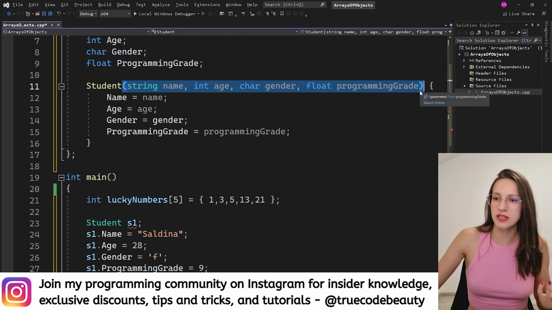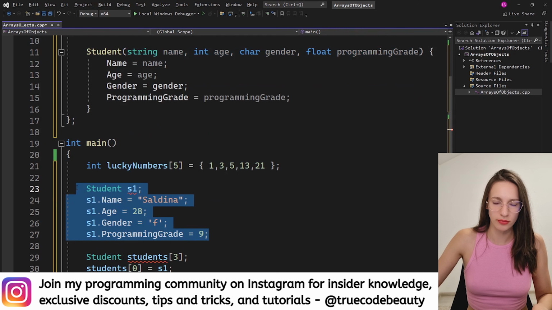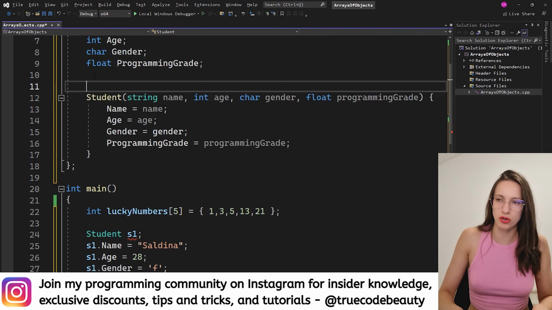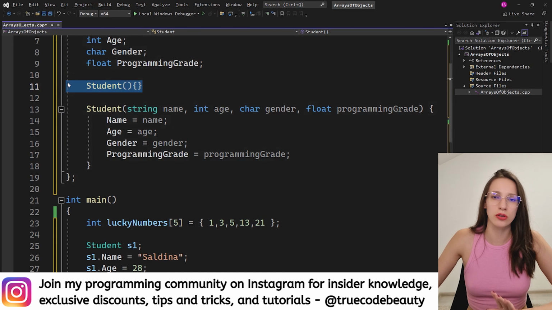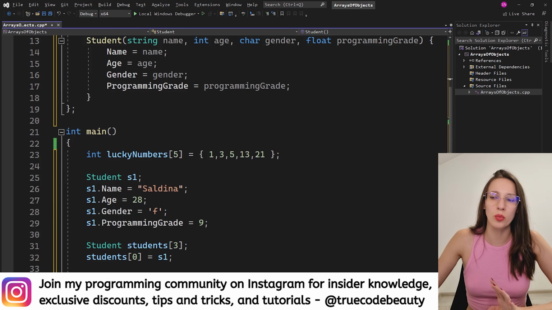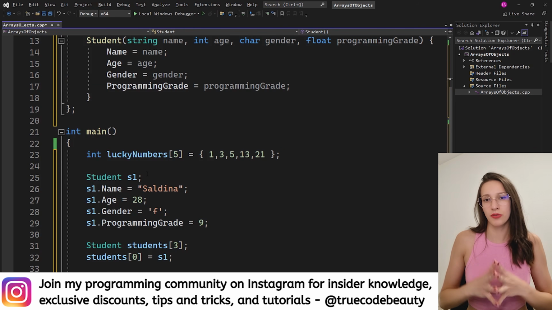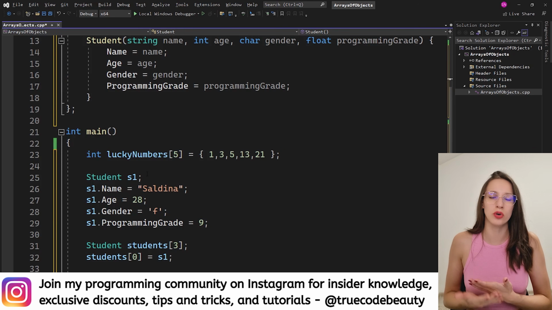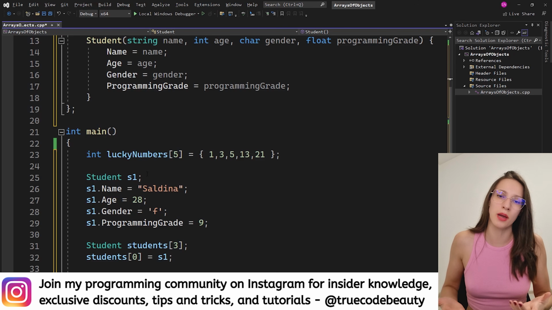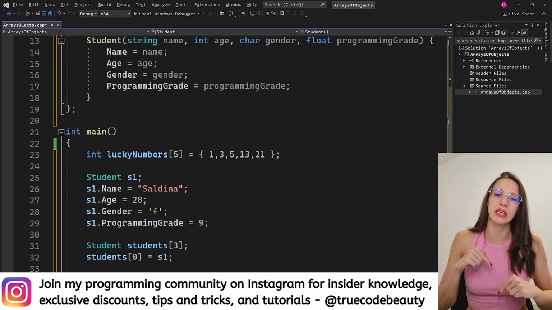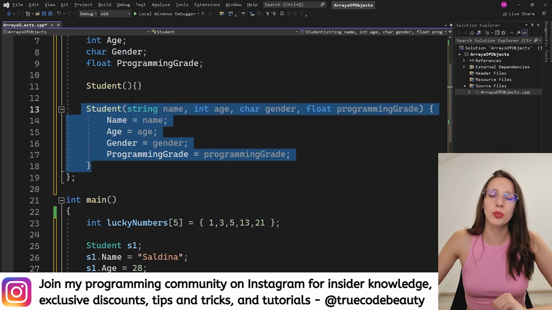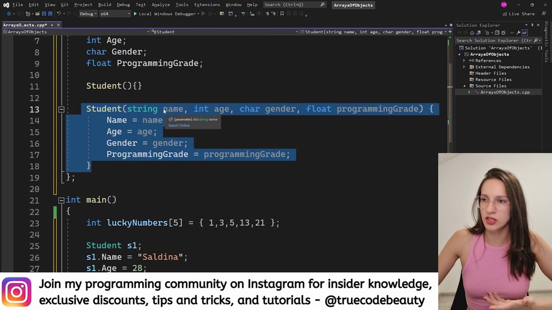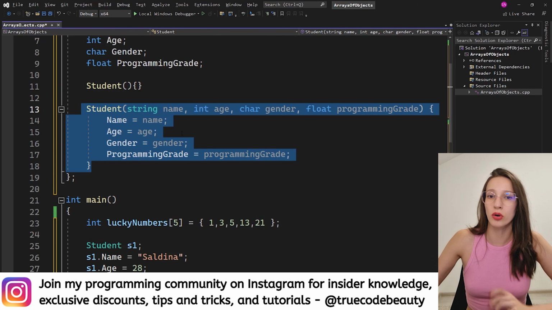One way to fix that problem is to delete this code. Another way is to create a default constructor. So I will very fast create a default constructor. Okay, and this here is a default constructor, a completely empty constructor, and now we don't have the error anymore. Again, if you're confused about constructors, please make sure to watch the video about constructors and different types of constructors that I will link in the description. Okay, so once again, here we have created a parameterized constructor,